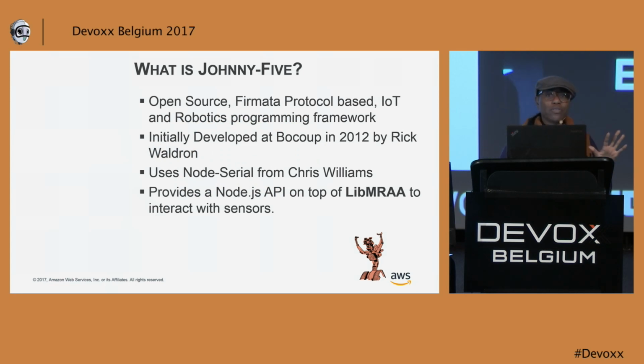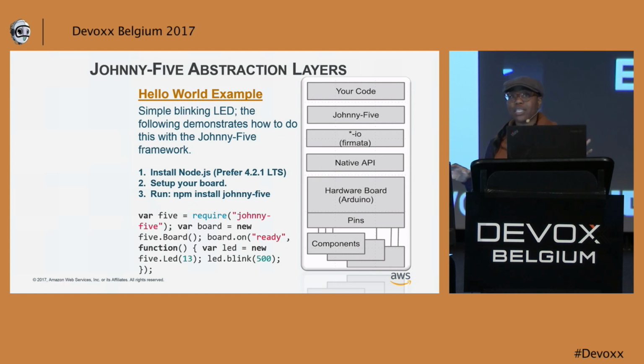Has anyone heard of Johnny-Five, and not the movie? Well, maybe I'm just old and I know about the movie, but has anyone heard about the Johnny-Five JavaScript library? No one. Okay. So it was created by Bocoup, and it sits atop a C++ library. And what it enables for you is to be able to write code across all the devices. You have Node, preferably 4.2.1 or greater,